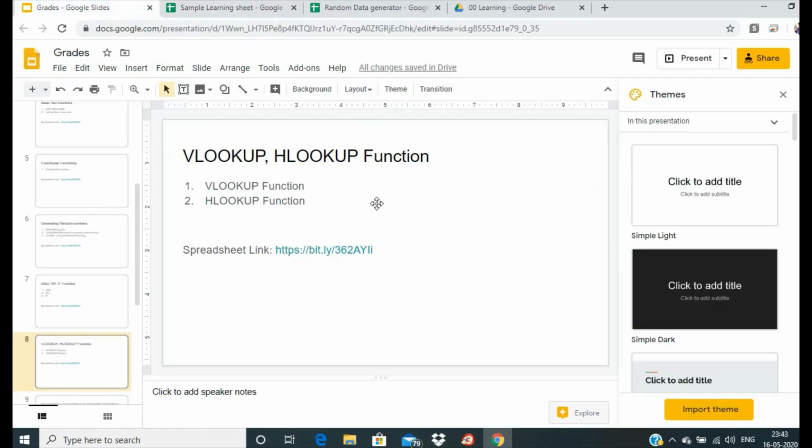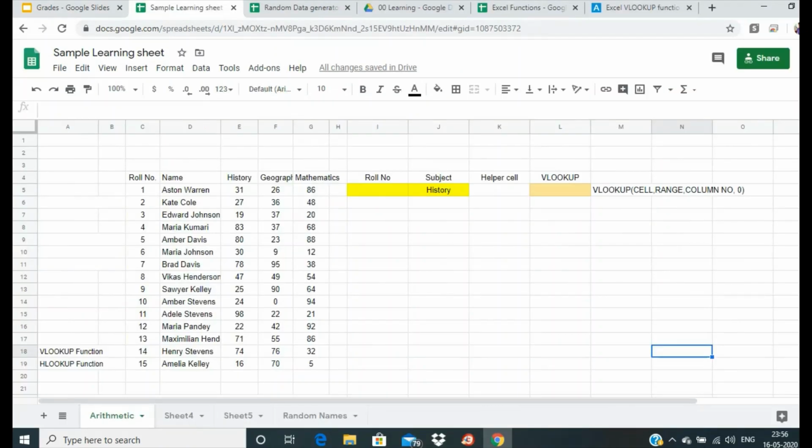The VLOOKUP, HLOOKUP function. Now we'll be using the VLOOKUP and HLOOKUP function. Let us first go to the VLOOKUP function. Suppose the teacher wants to know the marks obtained by a particular student in a particular subject. We'll use the VLOOKUP function to find the values